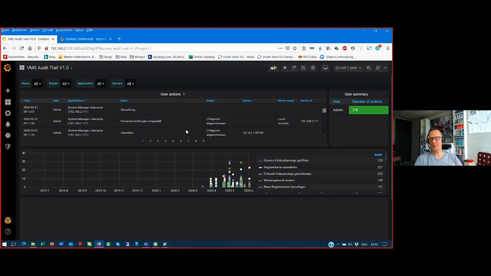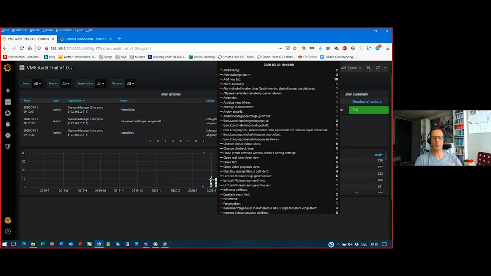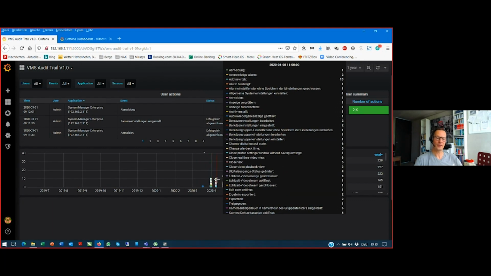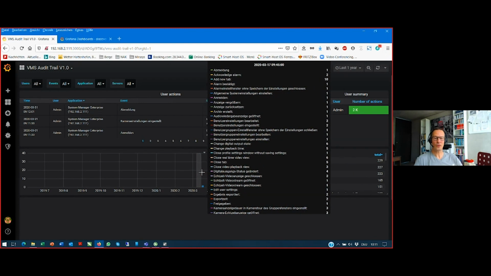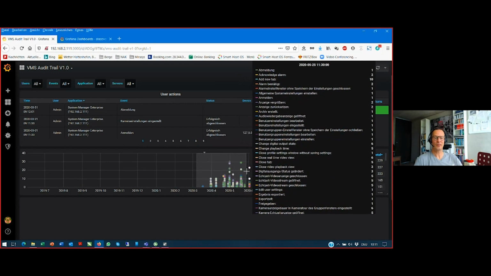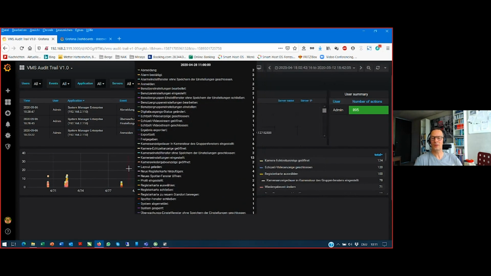This is the list, the table. Below, you see also a graphical display of all the information. If you move with your mouse over this graphic, then you see a complete list of actions that have been done at this time, including the number of how often this has been done. So it's a first and nice overview. But we can drill down into this: if we keep the left mouse button held and select a time frame, it is automatically expanding this time frame. We can do this again to drill down deeper,